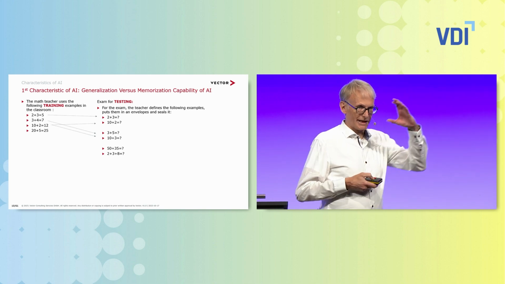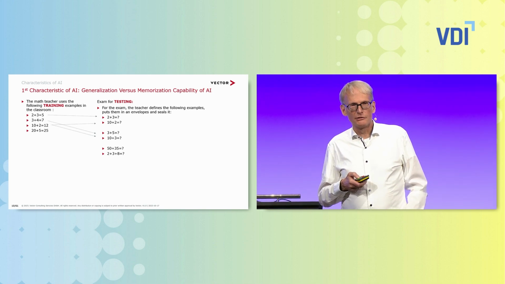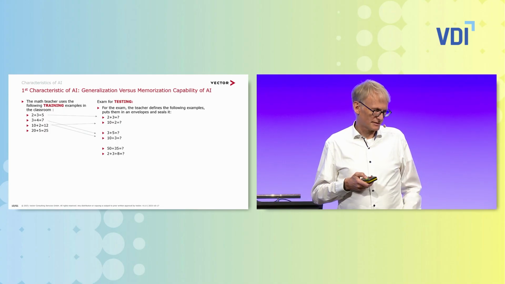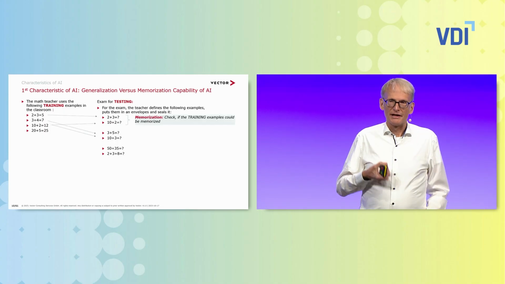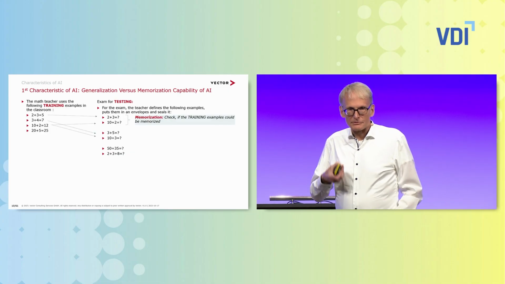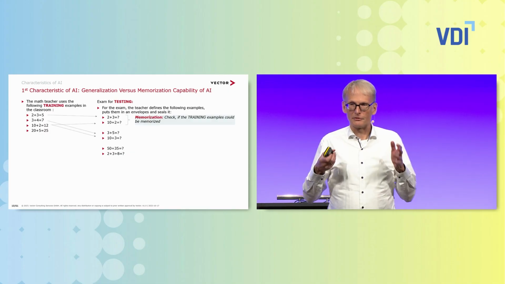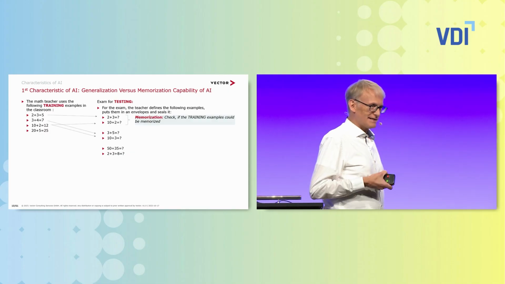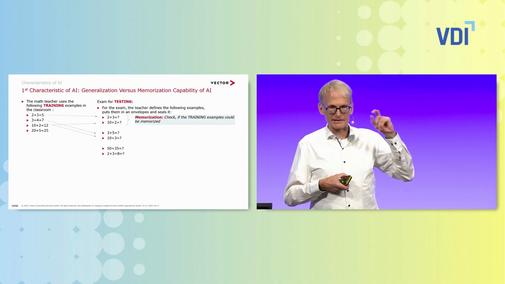They have different types of questions for the exam to figure out what has been really learned and what has not been learned. So the first type of question is for memorization. Check if at least the students have memorized the right answer. You can, of course, only use that for the cases that are the same as in the training. So this is the first level.